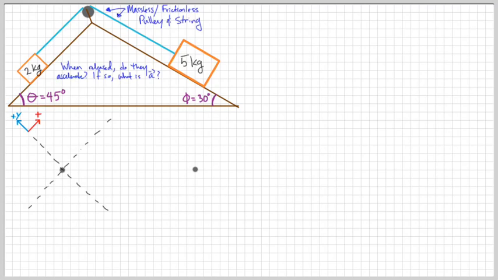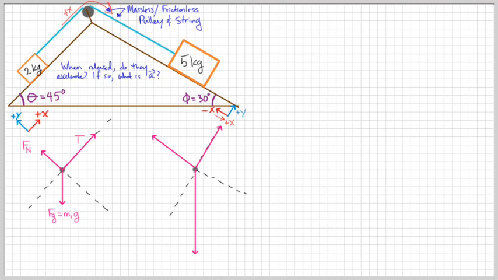Okay, so same 2 kilogram and 5 kilogram masses. I've got a frictionless massless pulley. There's no friction on the block, on the triangle, on my incline. So here I'm just drawing free body diagrams, assuming a direction of acceleration that's going to be to the right to start. I don't know which way it's going to accelerate, but I've got to pick a direction. I said to the right, down the ramp in the 5 kilogram object's direction,